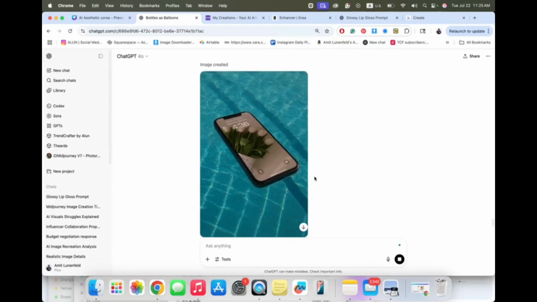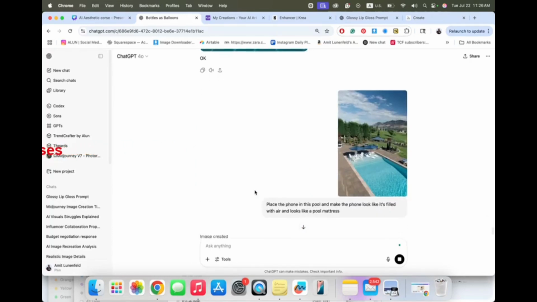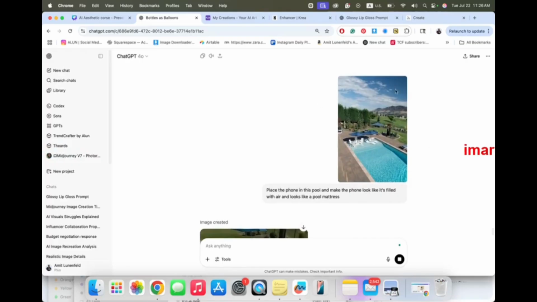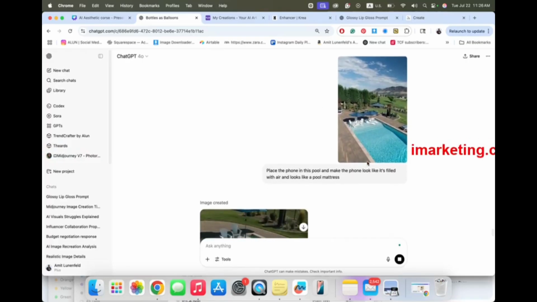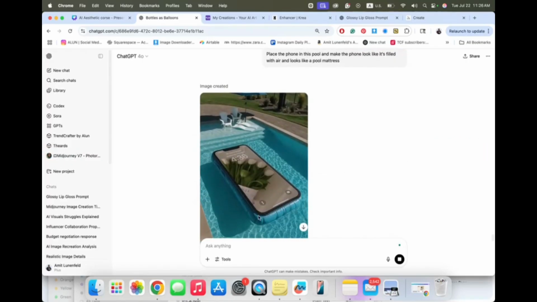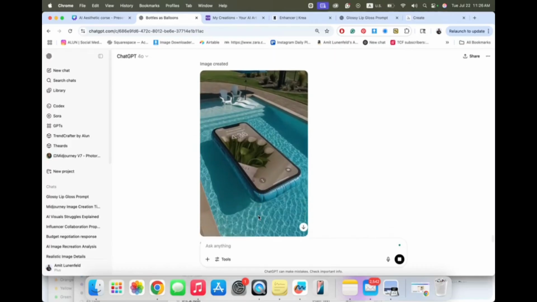Which is very cool, but the phone doesn't look like a floaty, and I think it will be much nicer if we get a higher perspective and more of a pool scene. I wanted it to look like the phone is swimming in the pool, so it doesn't have enough range in this scene to swim in the pool. So I gave this image so it will have more range. This is the result I got. Much better. I really love this example.